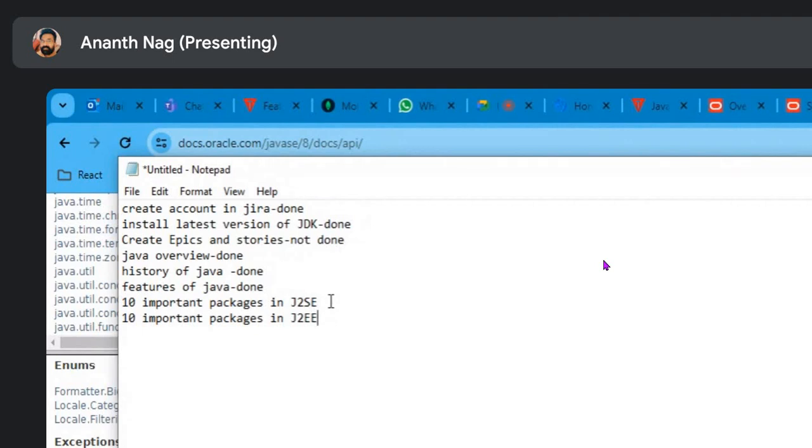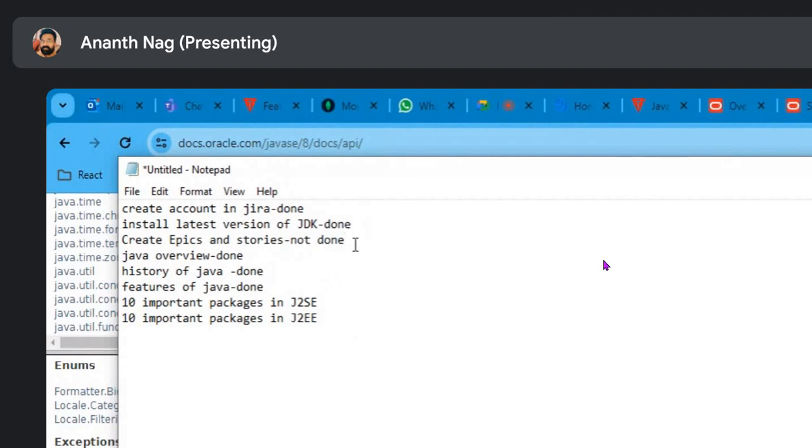Yeah, any 10. Under those packages, whatever class, enum, exception, interface is there, you need to study and make documentation. Every package, what all different classes there are. You don't need to write everything, just the important ones. Sure, sir. Only these two, sir? Yeah, you do this, and then I will tell you what next you have to do.